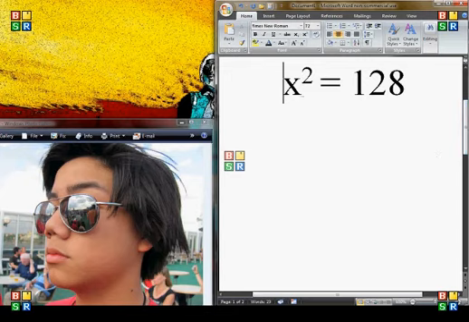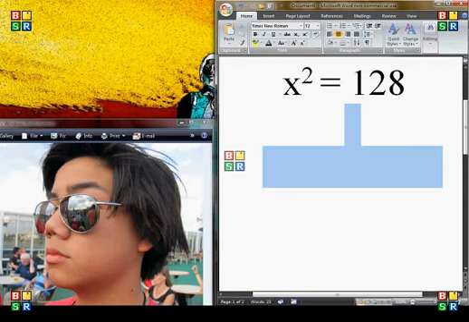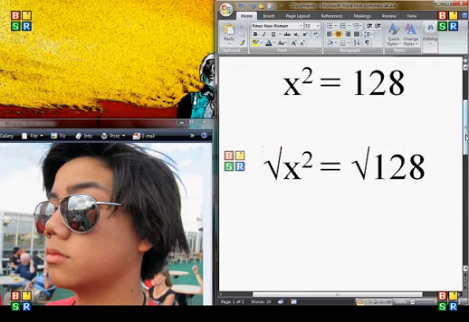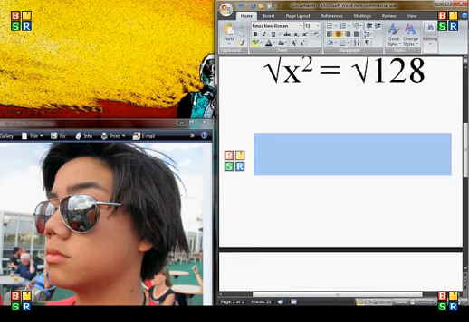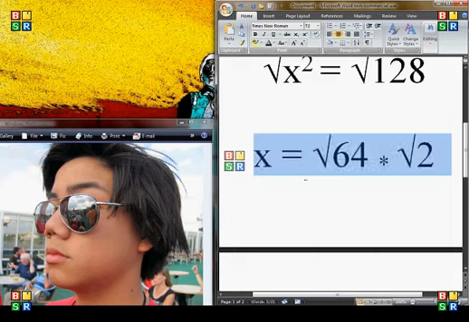And then your next step would be to take the square root of both sides, because you need to take the square root of x, and what you do to one side you have to do to the other. And so yeah, you know that already. So I have it just here with the little symbol: square root of x squared equals the square root of 128. And so that leaves you with x equals the square root of 64 times the square root of